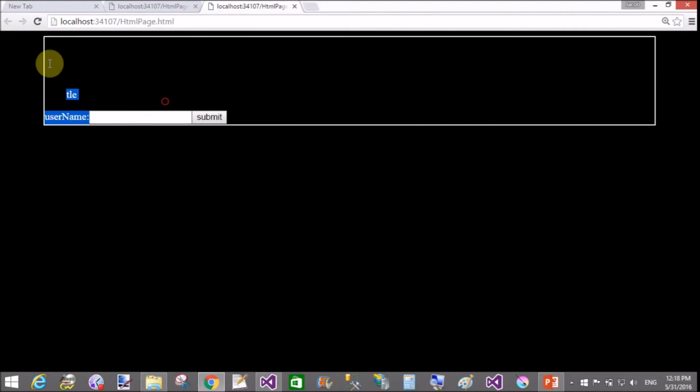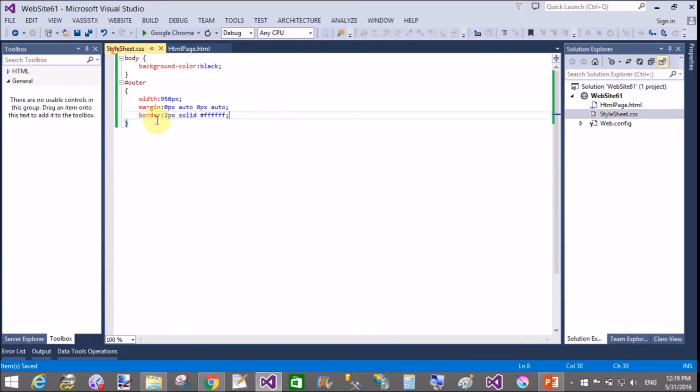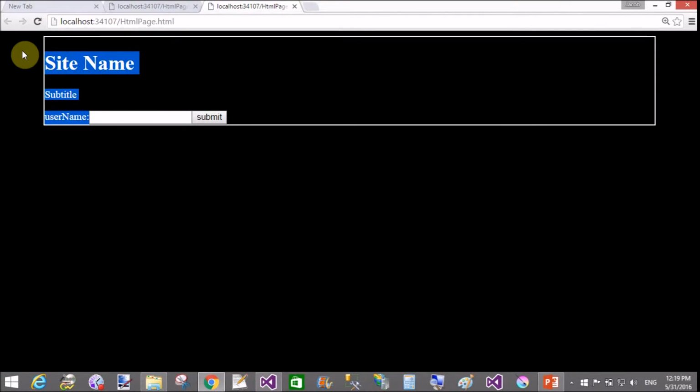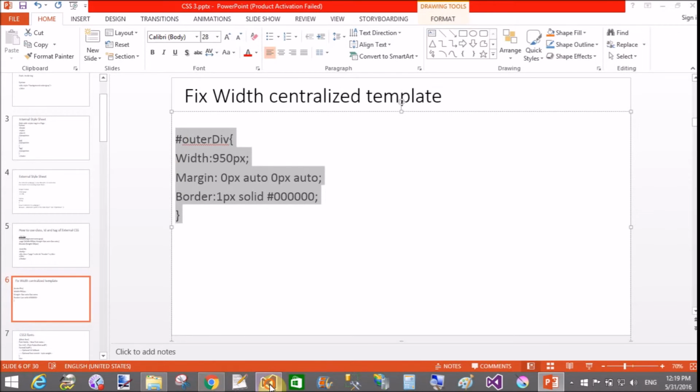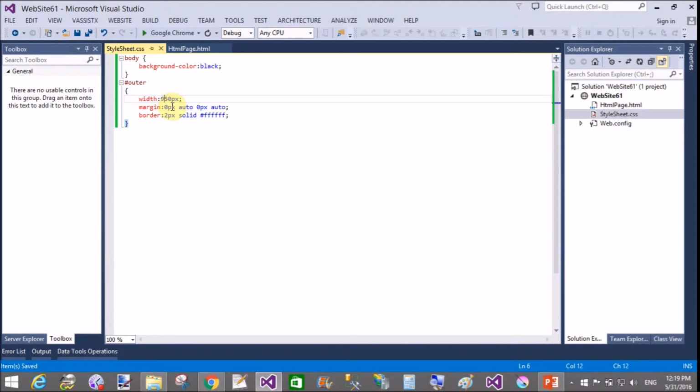Now save and refresh it. Yeah, your division is 950 pixels, but the color matches your background color, so change the color of the body background.